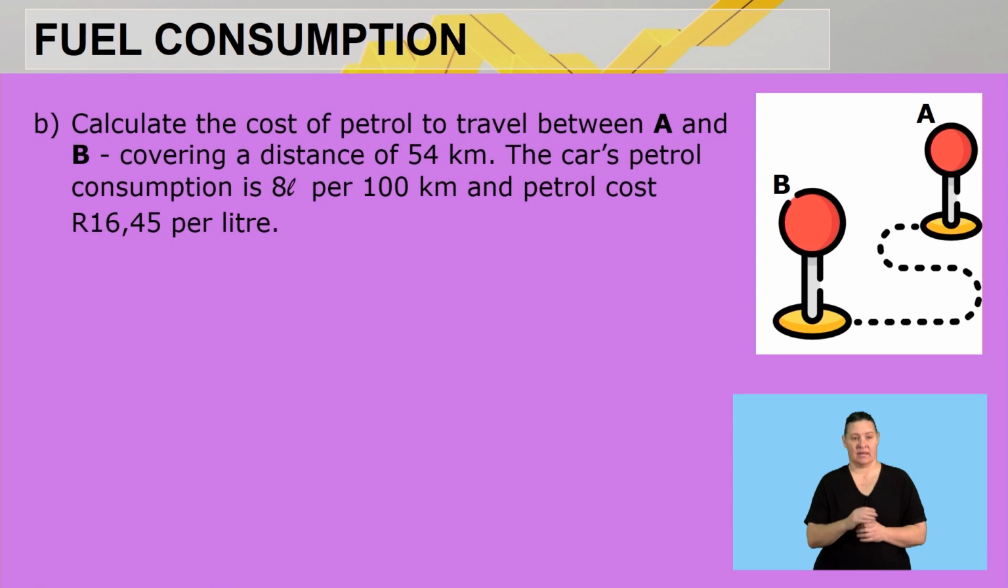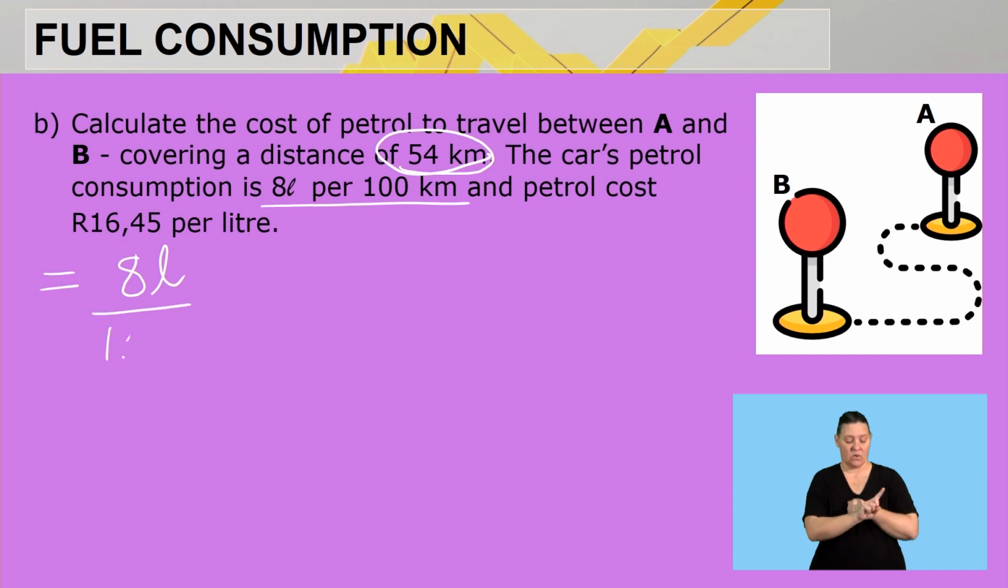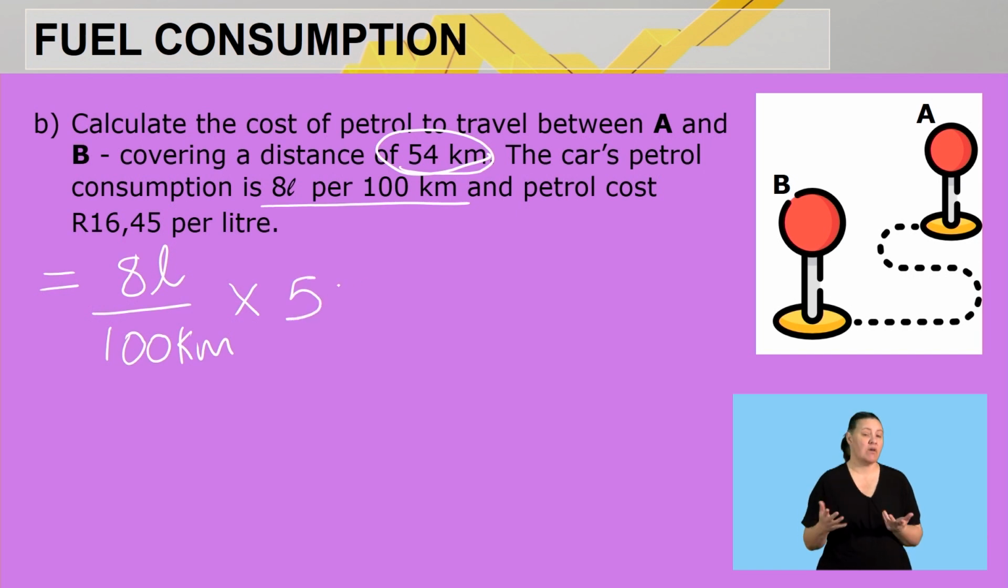Right, number B. Calculate the cost of petrol to travel between point A and point B, covering the distance of 54 kilometers. The car's petrol consumption is 8 liters per 100 kilometers and petrol costs 16.45 cents per liter. Remember, write what we know, but then follow the correct procedure. For petrol consumption, we always say 8 liters divided by 100 kilometers. Then we multiply by the distance to be traveled, which in this case is 54 kilometers. This will give us 4.32